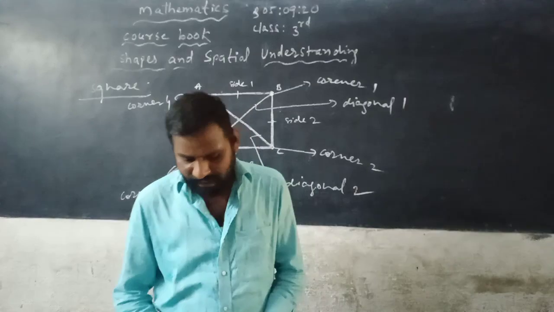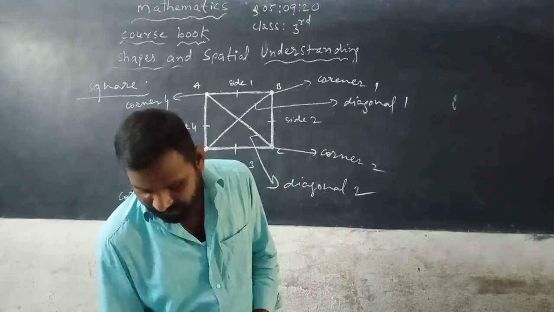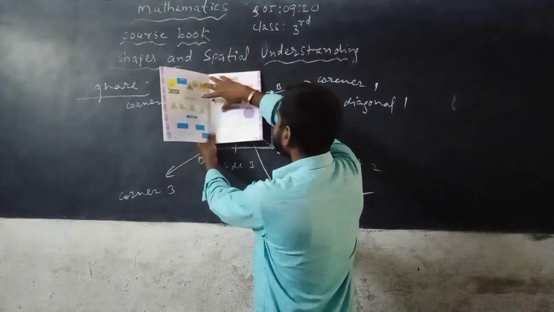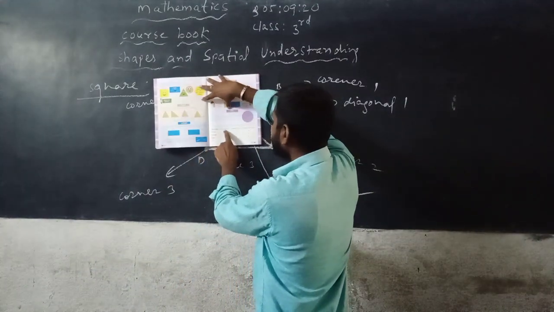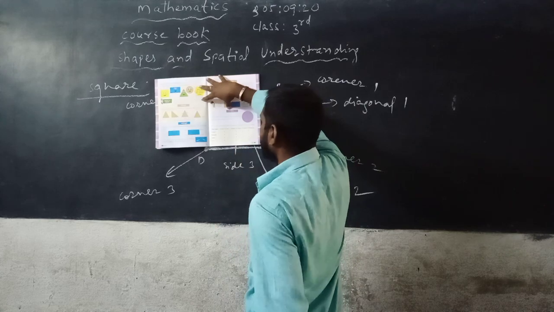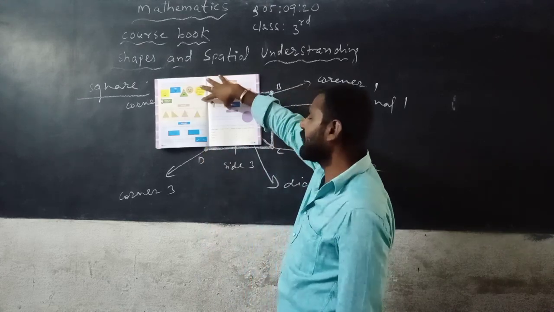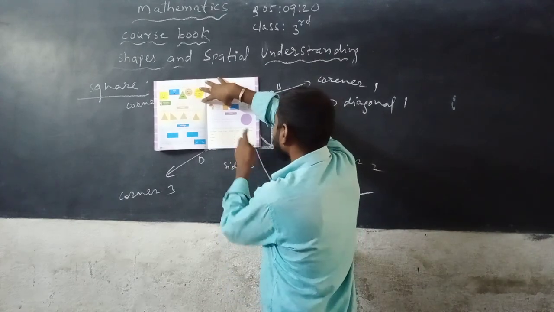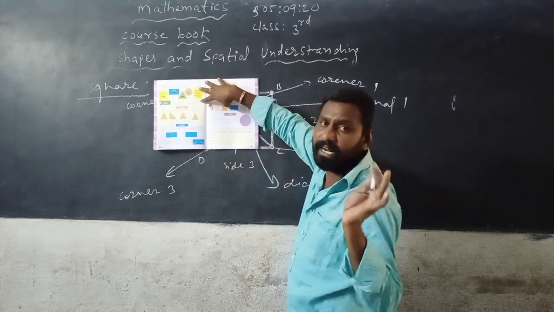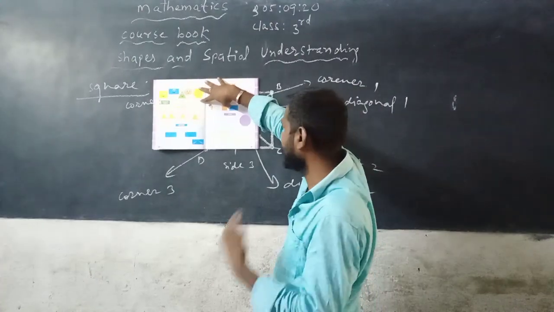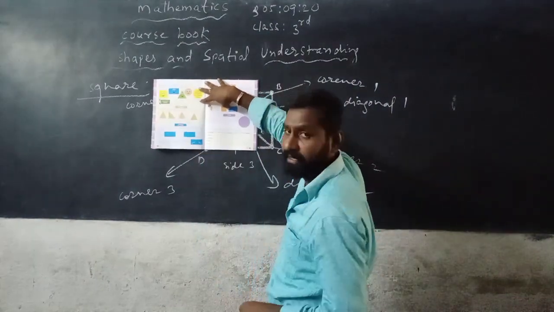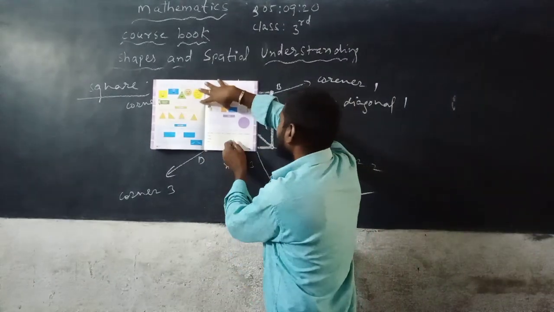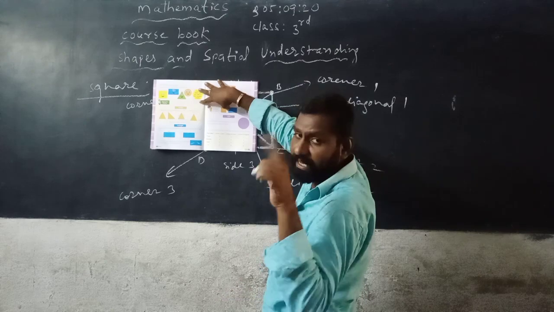So here, this is the table. Shall we give a summary of the sides and corners of the 4 basic shapes? See here, listen carefully. Plane shape, number of sides, number of corners and number of diagonals. First, triangle. A triangle has 3 sides, 3 corners, and no diagonals, 0. Next, rectangle. Number of sides 4, number of corners 4, number of diagonals 2.